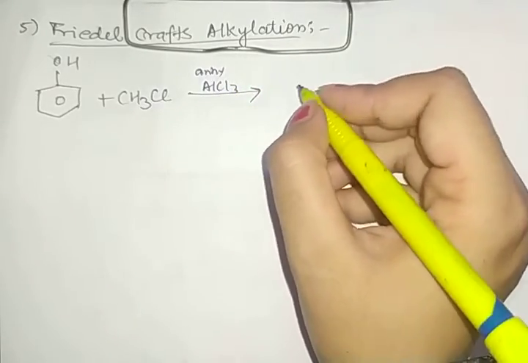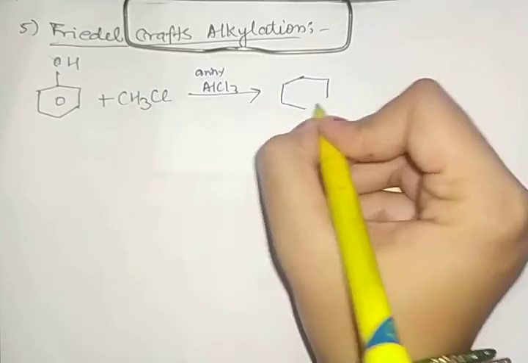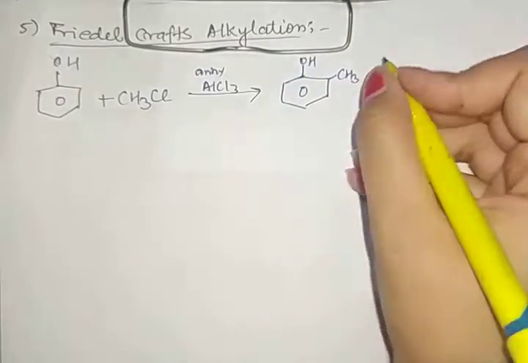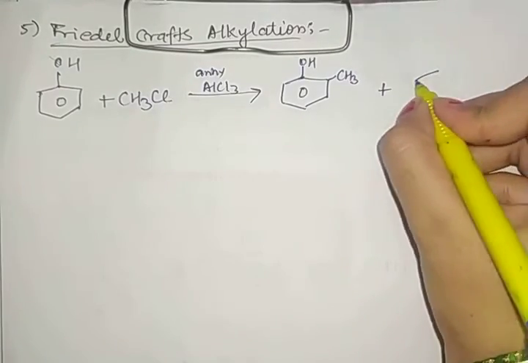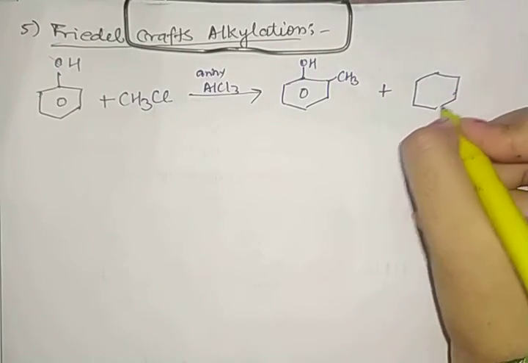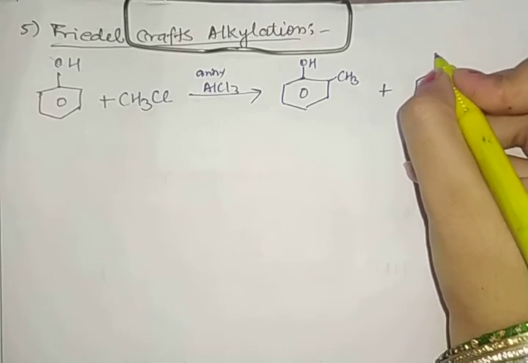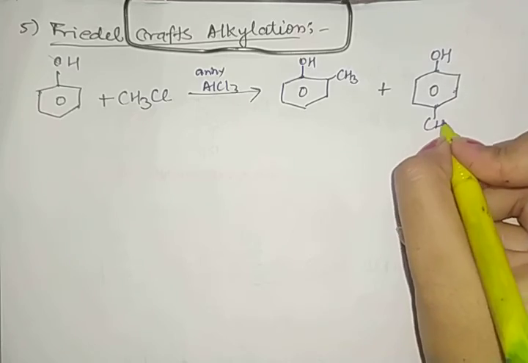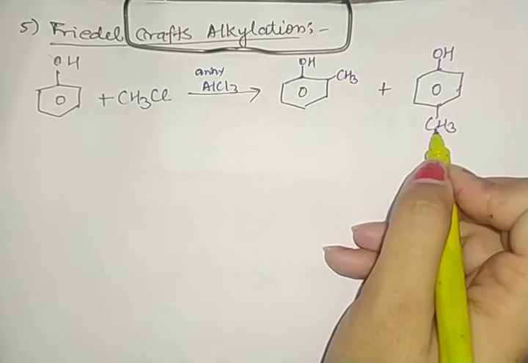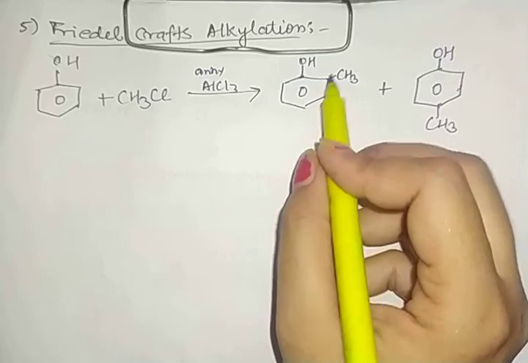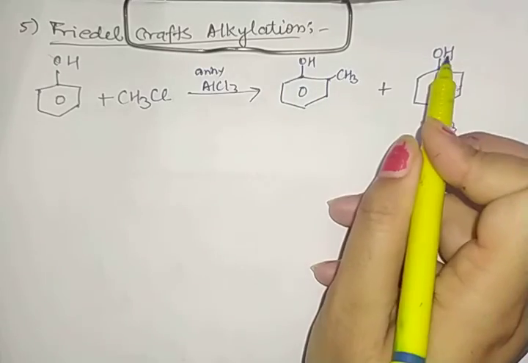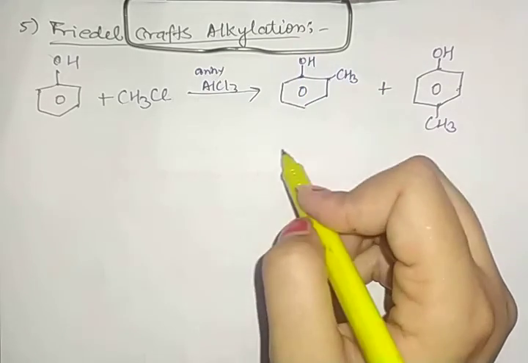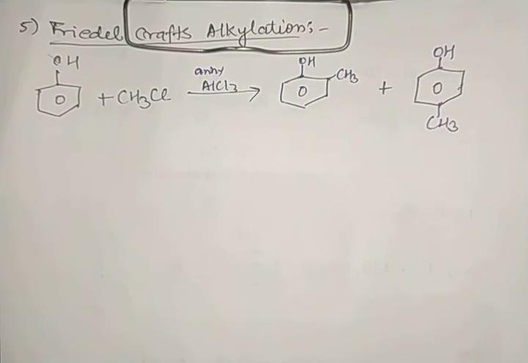So what does it form? It forms cresol. Okay, as we discussed, what is cresol? When we have phenol and there is a CH3 present at some position. So this is known as cresol, and here is the formation of again isomers of cresol, which are ortho and para. This is ortho-cresol, this is para-cresol. The IUPAC names of the same are 2-methylphenol and 4-methylphenol. Okay, so these are the two types of reaction which we discussed.